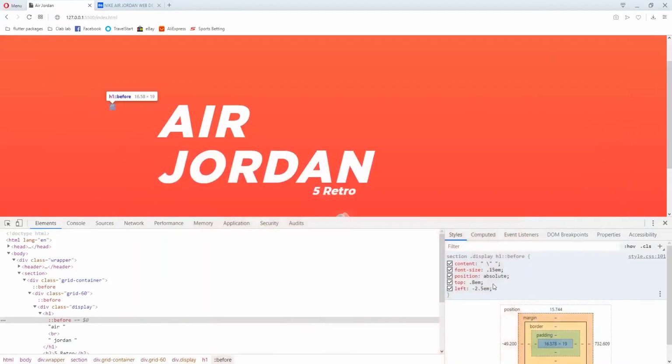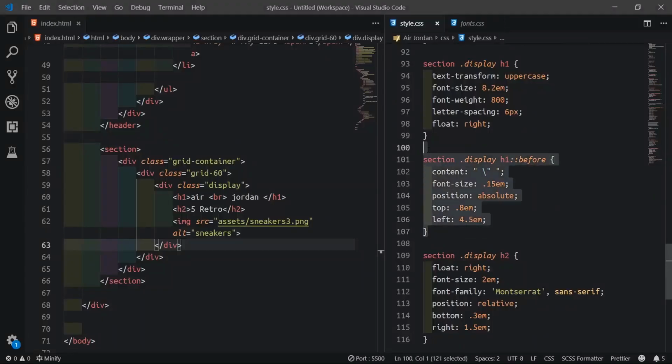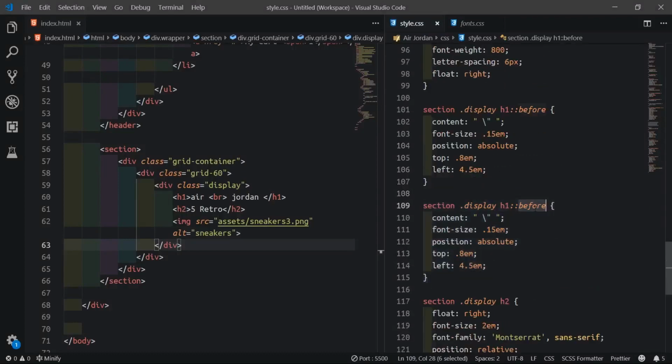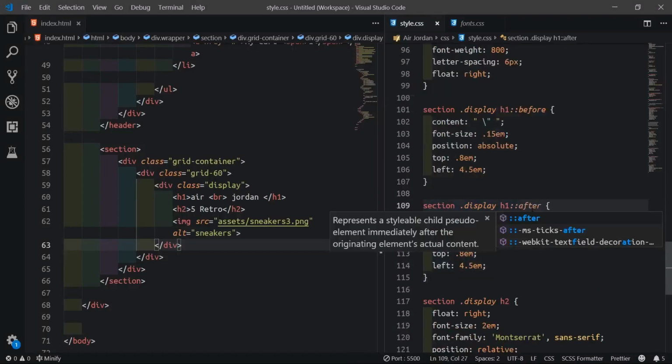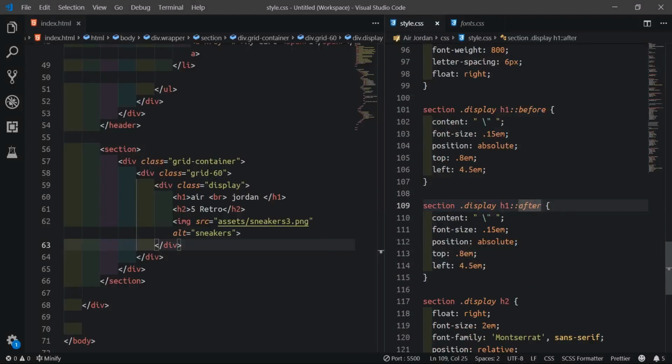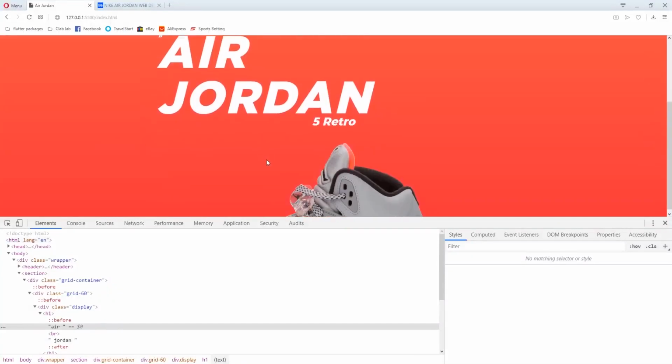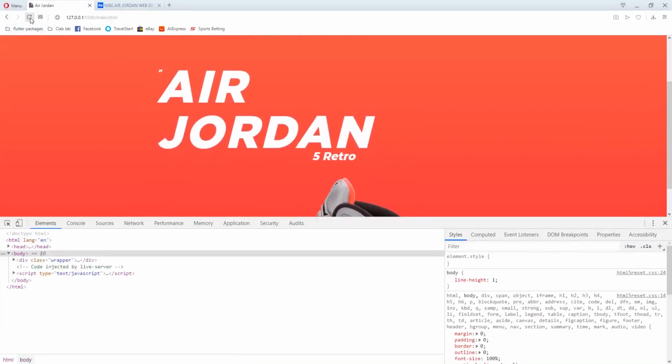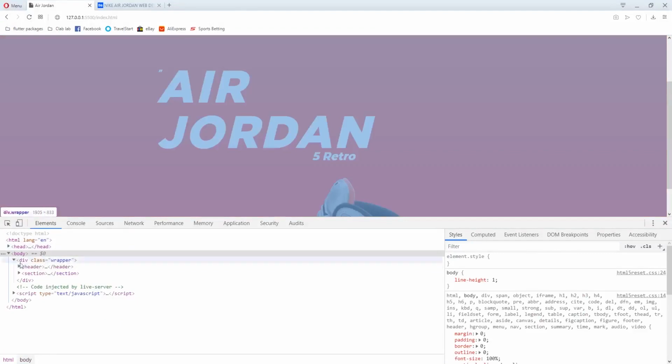We just try to find that sweet spot, maybe somewhere here, so 4.5. So actually we're on track. So I'll come here now, I'll duplicate this code, then I'll change it to after. So if I change to after now, I'll go back. You know the one here, more targets I must say.